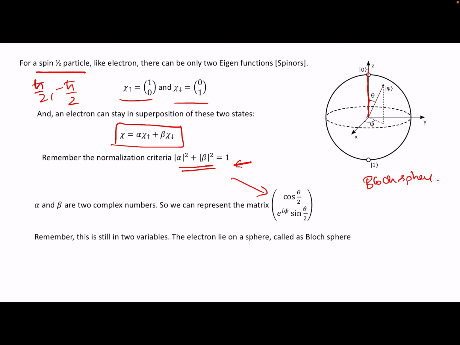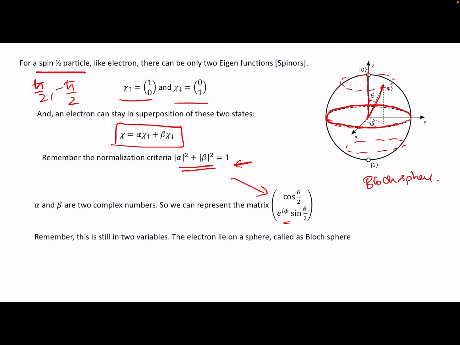Theta is how far the particle is away from the z-axis, and psi is the phase, this rotation, right? So you take this and then you just rotate it. So basically, is it along this circumference, or along this circumference, or along this circumference? Right? These are the things that determine the